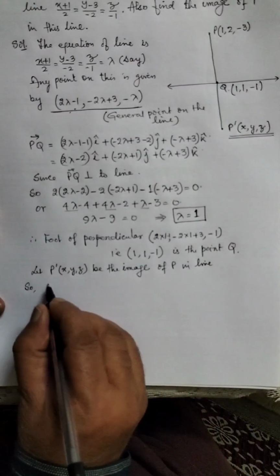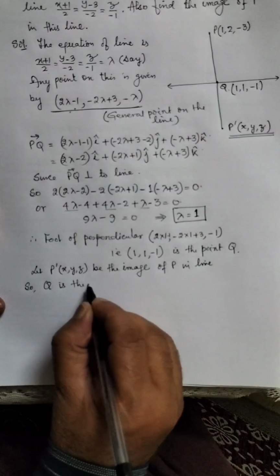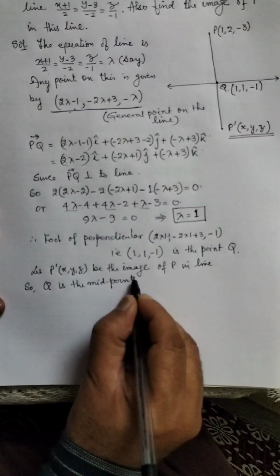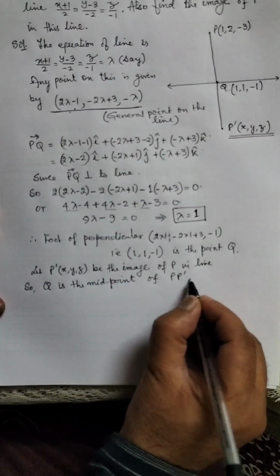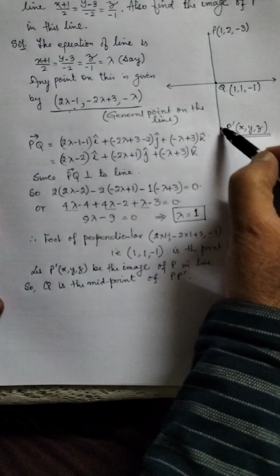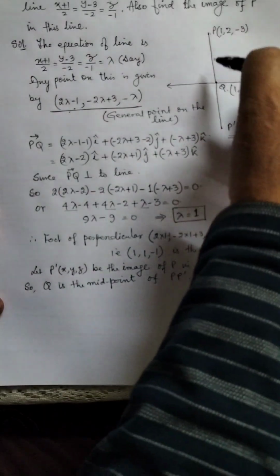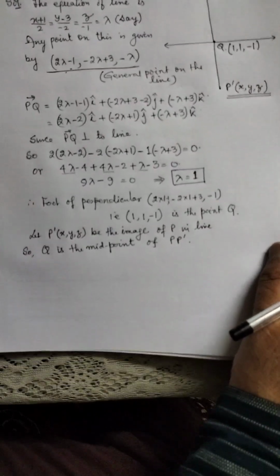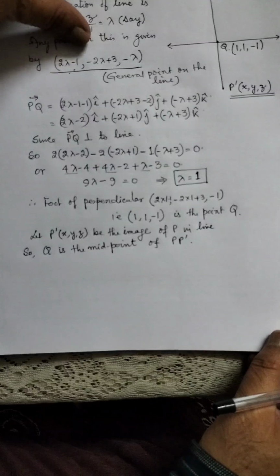So Q is the midpoint of P P dash. Q will be the midpoint of P P dash, as the image is formed as far behind as the object is in front. So now using this information, we can easily calculate,